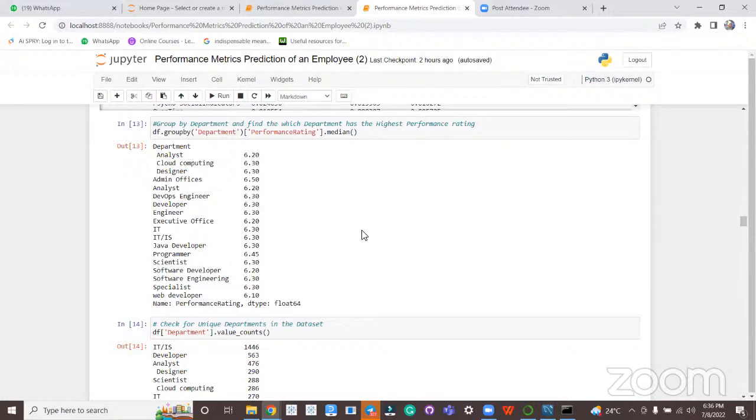So do we have any performance deviations department-wise? You can see that there's not much variation with respect to the aggregated performance of the departments. All the departments are almost the same.